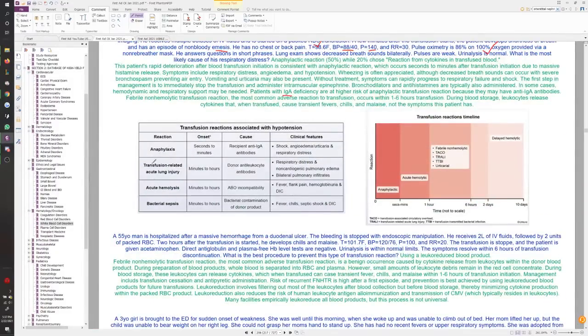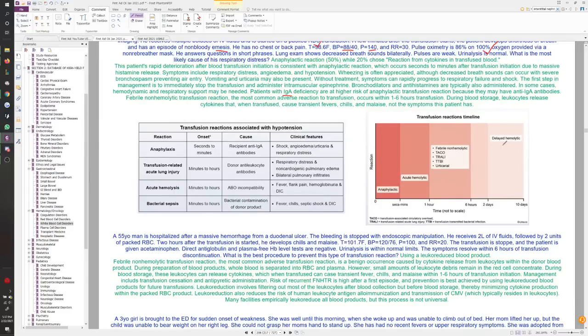Anaphylactic one also has hypotension, acute hemolysis, and bacterial sepsis. Hemolysis and sepsis generally both themselves cause hypotension. You lose blood or you have a septic reaction of shock. Shock is always hypotensive. And then this one here is transfusions based off a timeline where we know that the anaphylactic occurs the quickest, acute hemolytic occurs pretty much equally as quick. So these timelines are showing you,